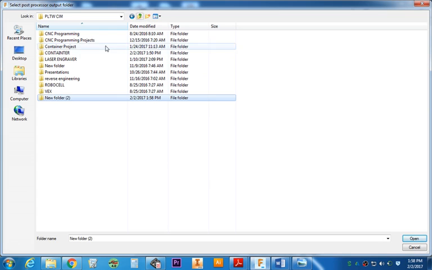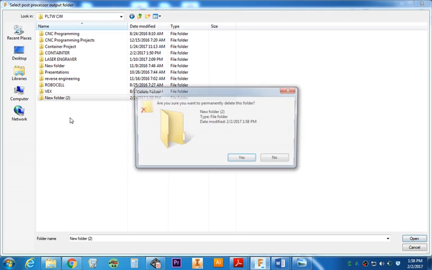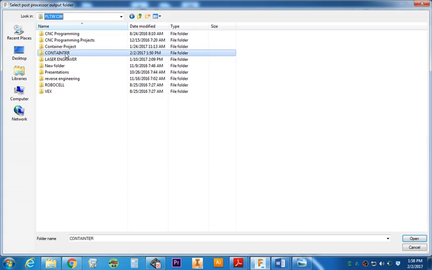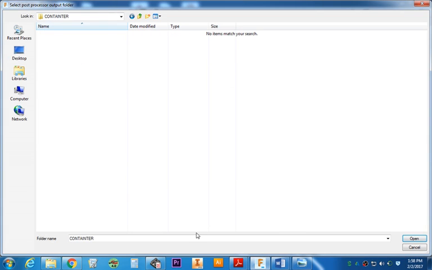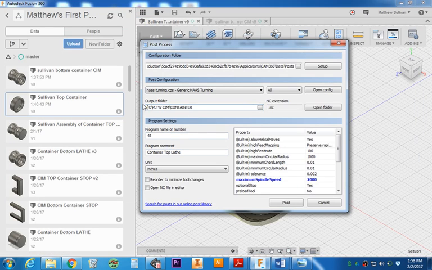But because I already have one, I'm going to delete that. I'm going to open it, and this is where I want to save it. You have to have that set. If it isn't, you won't be able to access your files. You're going to call it, you're going to put your name down here, and put your name, container top, lathe, right there,